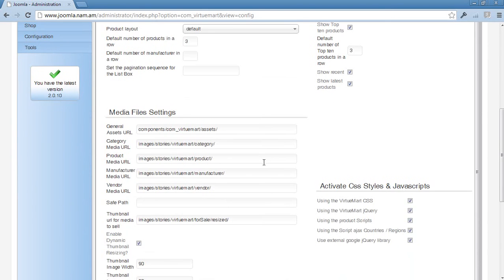there is what I call file structure here that shows you where these specific things would be found. For example, the category media URL is actually in images, under stories, in virtuemart, under categories, and it's just a path. If you think about your image folder, then in your image folder you would click on stories, then you would click on virtuemart, then you click on categories, and then in there is the default category placement of those category images,